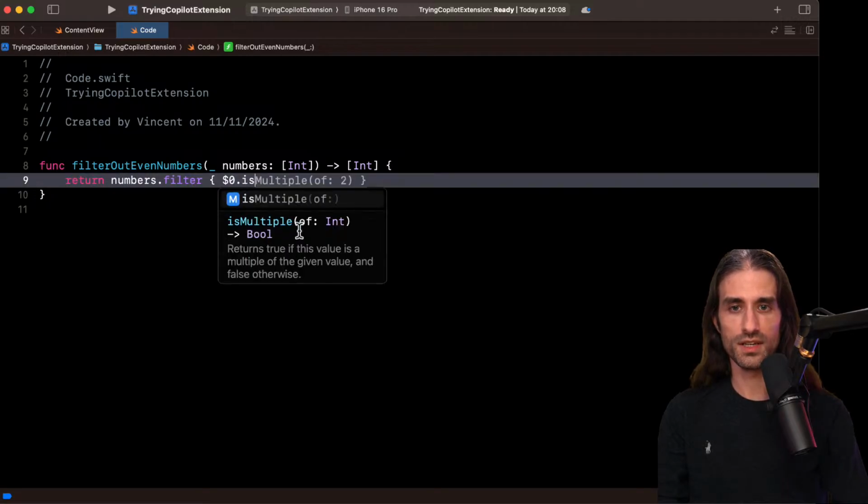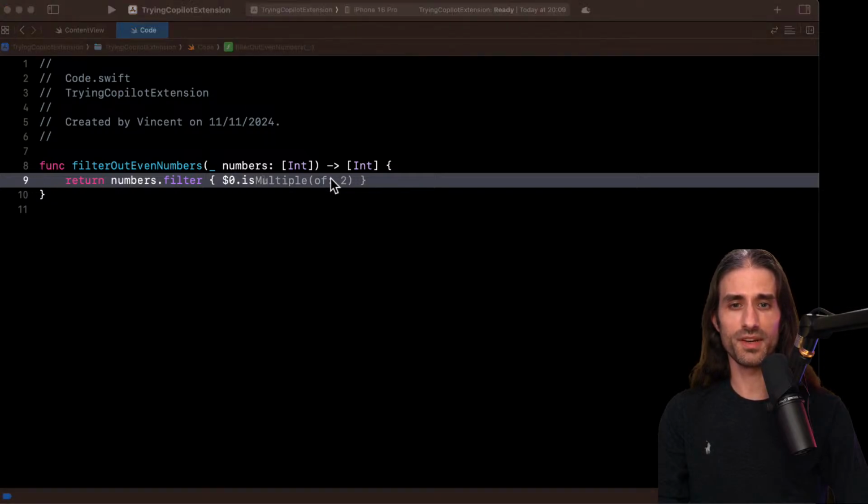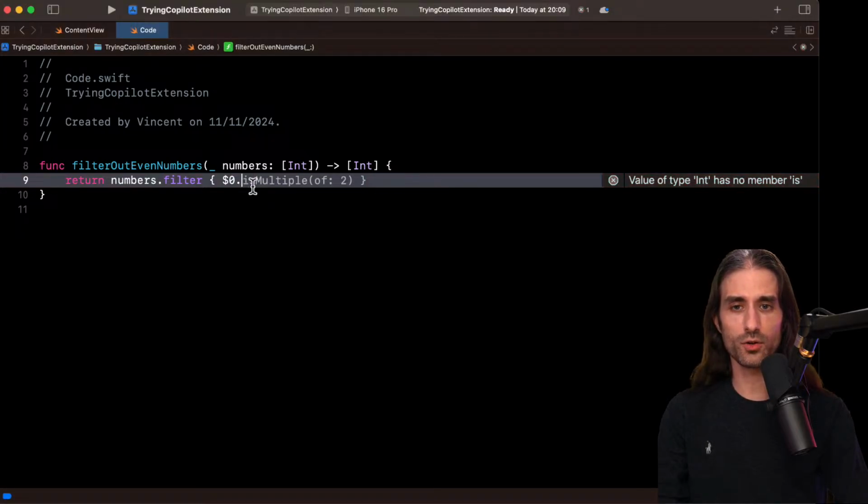If I do isMultiple(of:), here it's suggesting, but you can see it's the thing from Xcode that's happening. It's not Copilot, I think. Wait, no. I mean, it's not predictive code completion, but since I'm doing the regular code completion, I'm not sure whether it's Copilot.